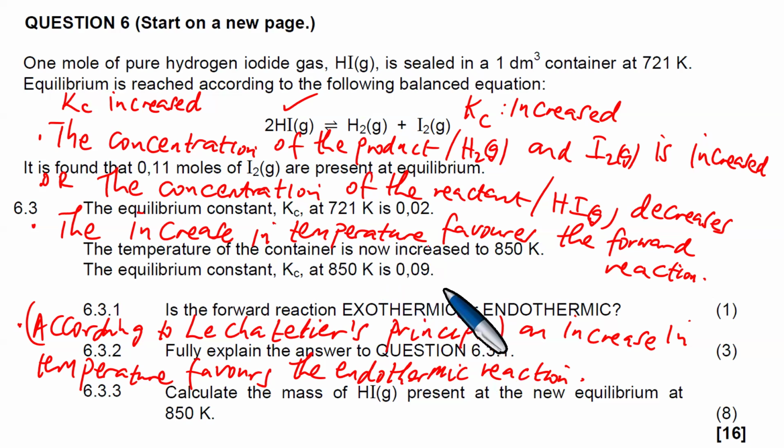And we're saying that if that happens to the Kc, an increase in temperature favors an increase in the Kc, it happens only if the forward reaction is endothermic. Okay, that we saw. But here are the explanations for that. So the first point that we need to note is that Kc increased from 0.02 to 0.09. The concentration of the products, hydrogen gas and iodine, is increased,